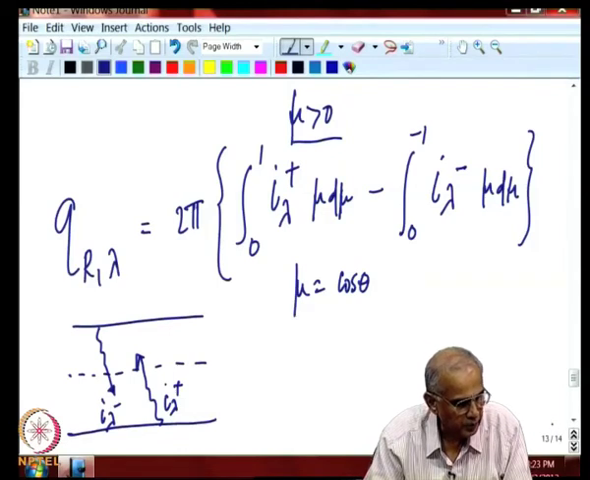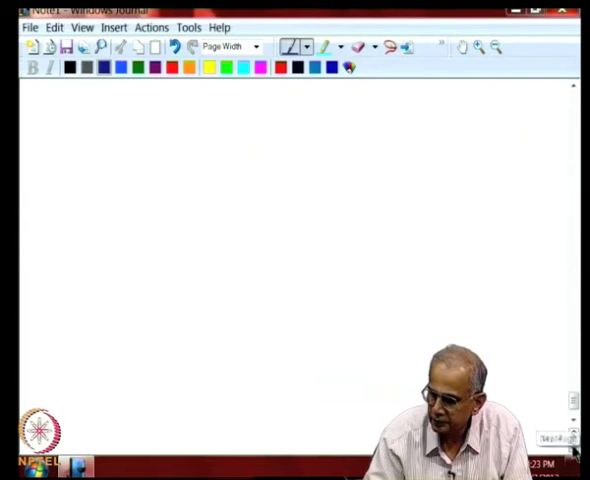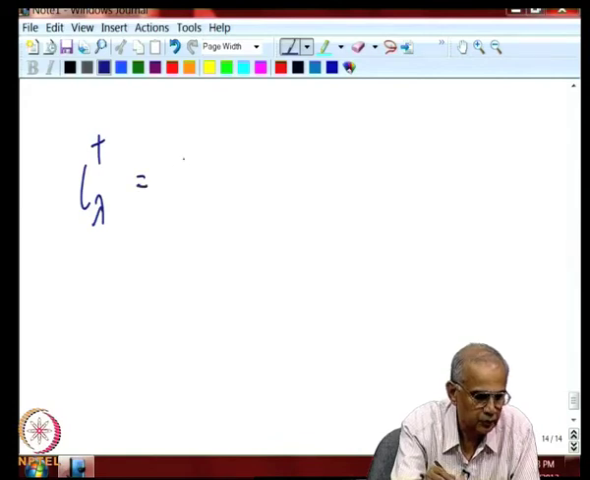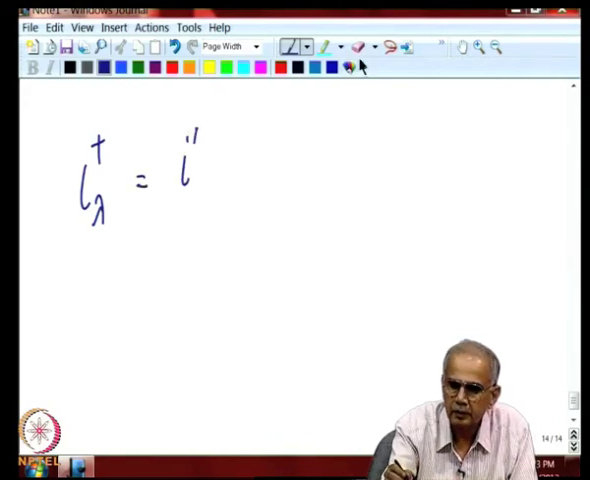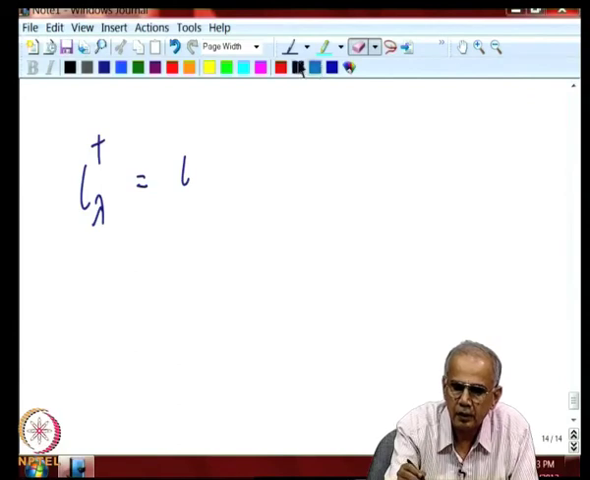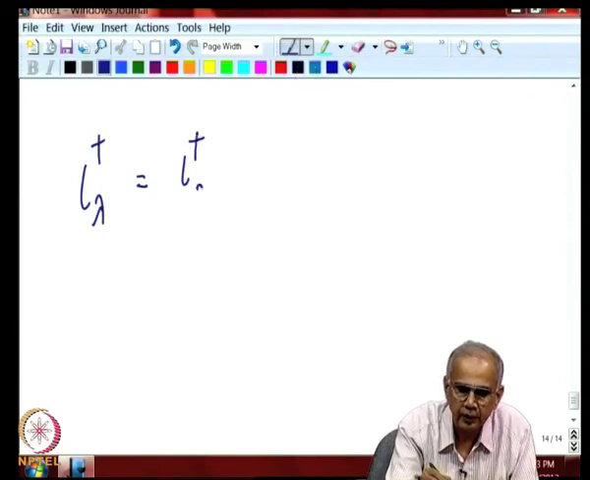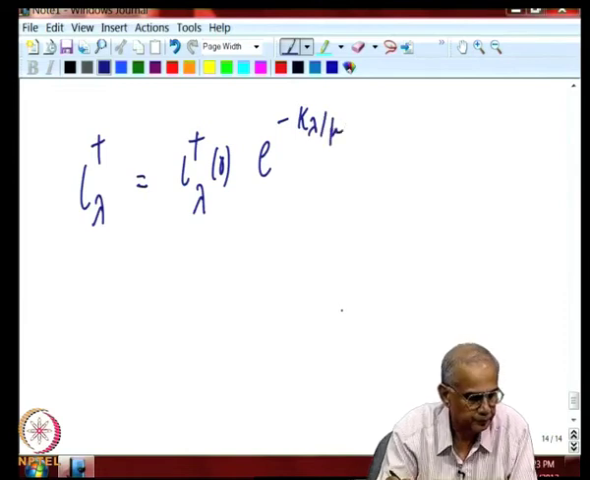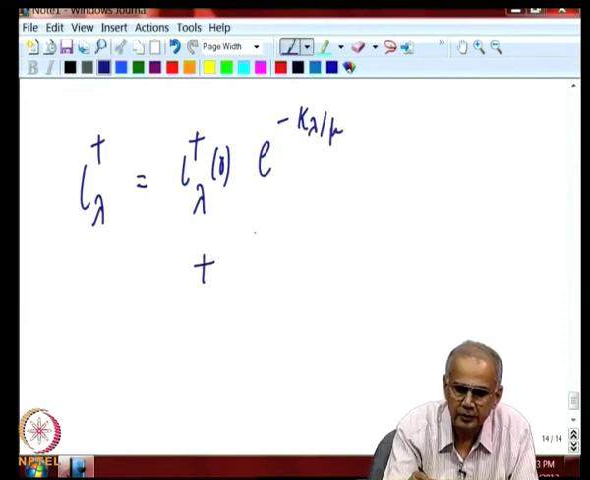Now, we can write what is I lambda plus and I lambda minus. Let me first write what is I lambda plus. All intensity going upwards is equal to all intensity going upwards from the bottom surface and e to the power minus kappa lambda by mu, and the second term is